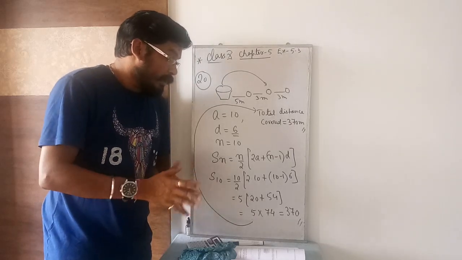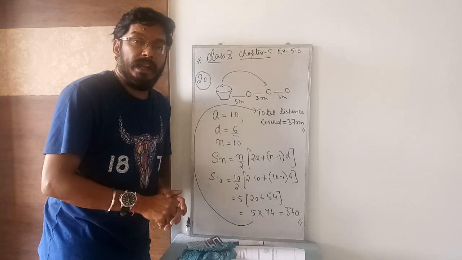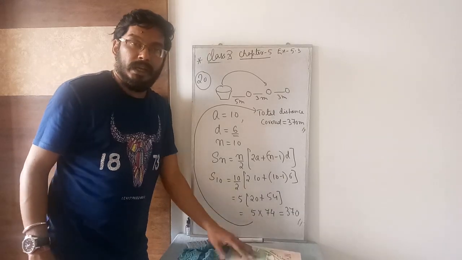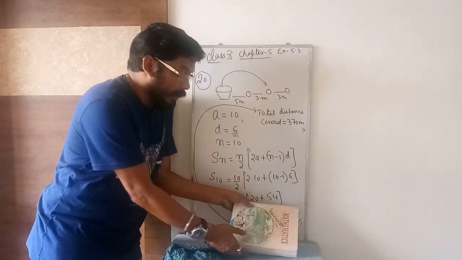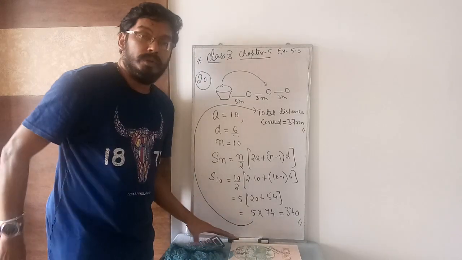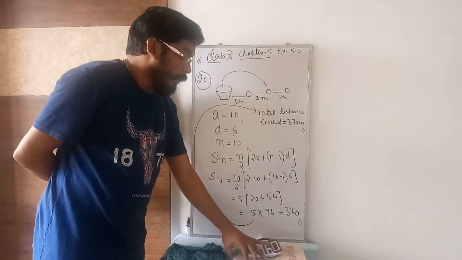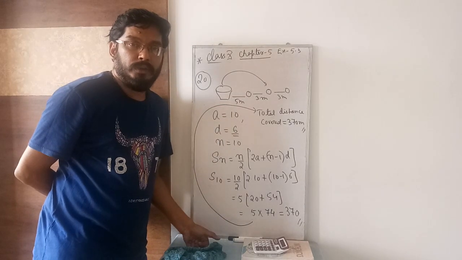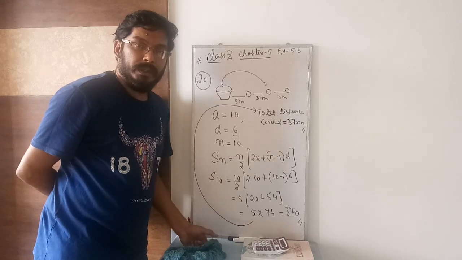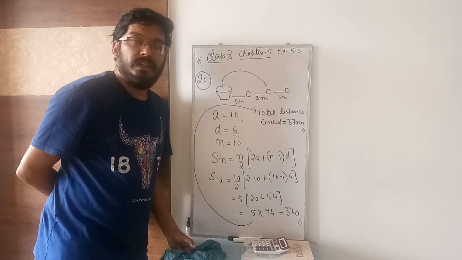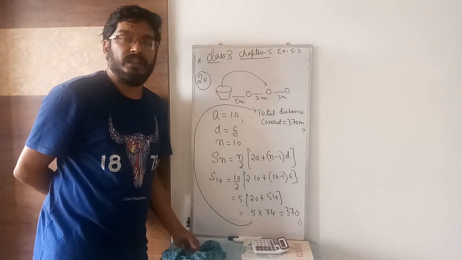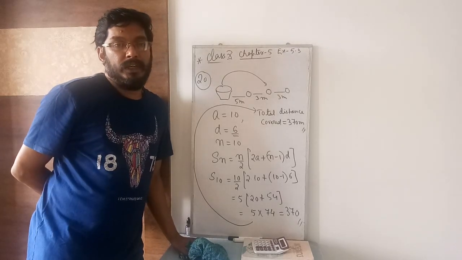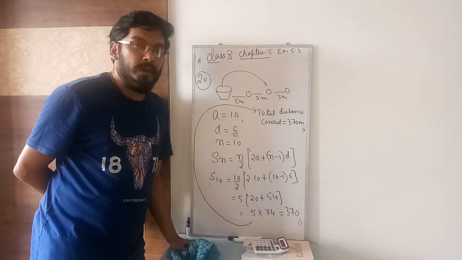So this is the end of exercise 5.3 and the end of chapter 5. I am just following the previous year edition book. The new edition book will have some extra sums. Try to complete them by yourself, and if you find any problem in those sums, you can easily consult me. We have finished chapters 1, 2, 3, 4, 5, 7, and chapter 8 half done. Since it was trigonometry, I did not continue. In the next session we will go for chapter 9. After finishing chapter 9, we may continue our regular class also.